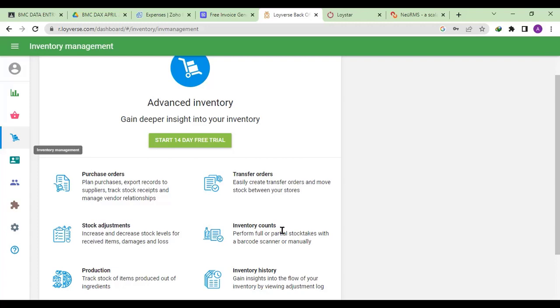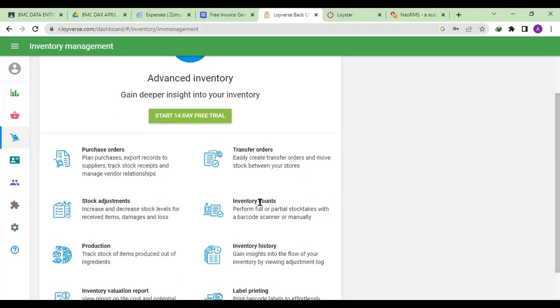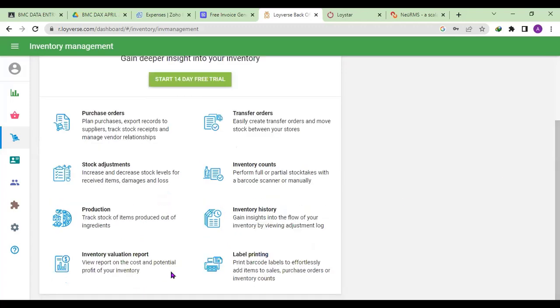So at the end of the month, or maybe every 2 weeks, you have the inventory count, which you are going to check against the physical balance that you have in Loyverse here. So I will not sign in to this for now, but let's see what we are doing here, what we want to do here. Let's see it in Loyverse. So let me